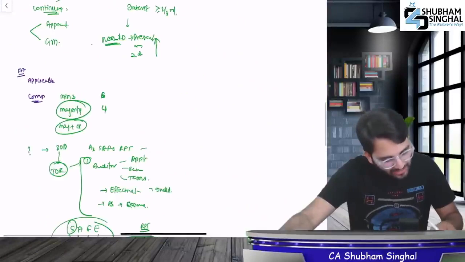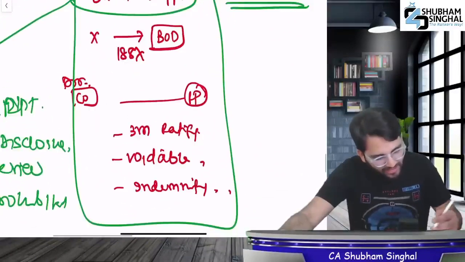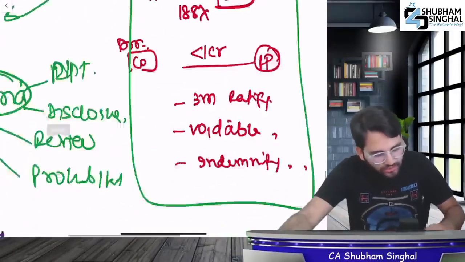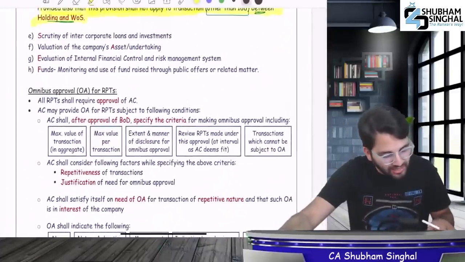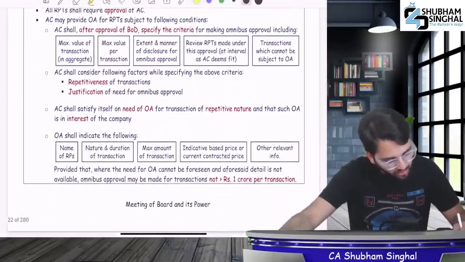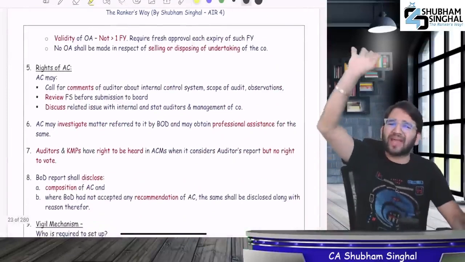Did I mention that ratification will only happen if the amount is less than 1 crore rupees? I will repeat, ratification will only happen if the amount is less than 1 crore. If it exceeds 1 crore, law does not provide any option for ratification. After that, all of you will need to take a look at all these things. That's it. Nothing else is missing.